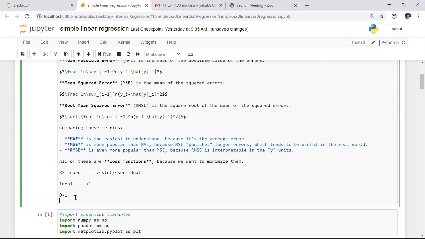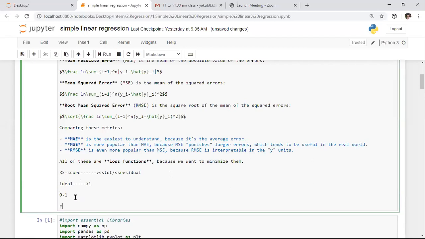If you get an R2 score for the model above 70%, or 0.7, that means your model is an optimum model or good model.